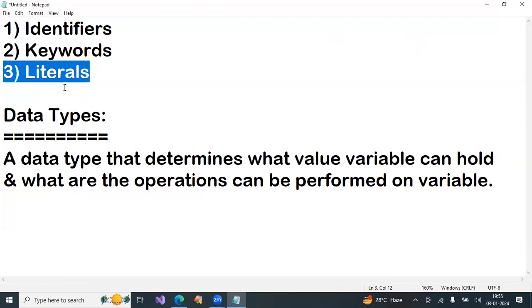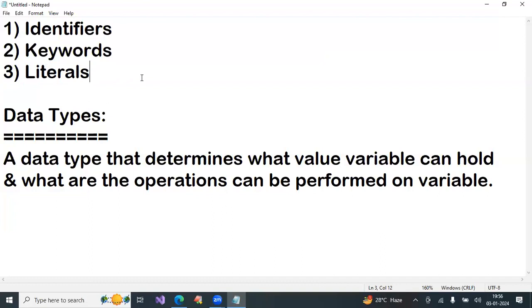So first you need to select a literal based on your data. Suppose you want to develop an employee information system application. Then employee data is required: employee number, name, salary, address, mobile number, mail ID.